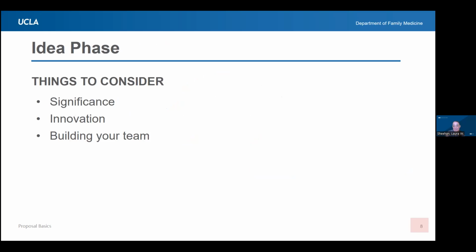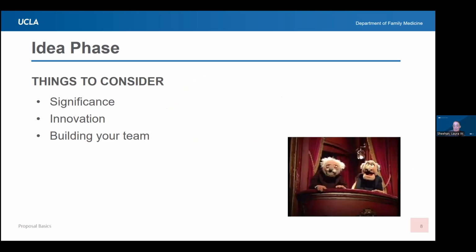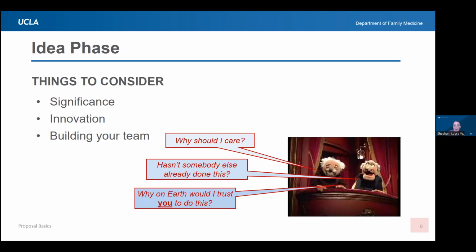All right, so I have dedicated an entire single slide to the idea phase. And again, that's because you don't want to get too deep into the weeds until you figured out who you're applying to. But I do want you to think about 3 things when you are working on your idea. And it's basically, you've got to answer these 3 questions. Convince the reviewer why they should care. This is your significance. How is this significant? This is where you want to get passionate and convince them that your work is essential or fascinating or whatnot.